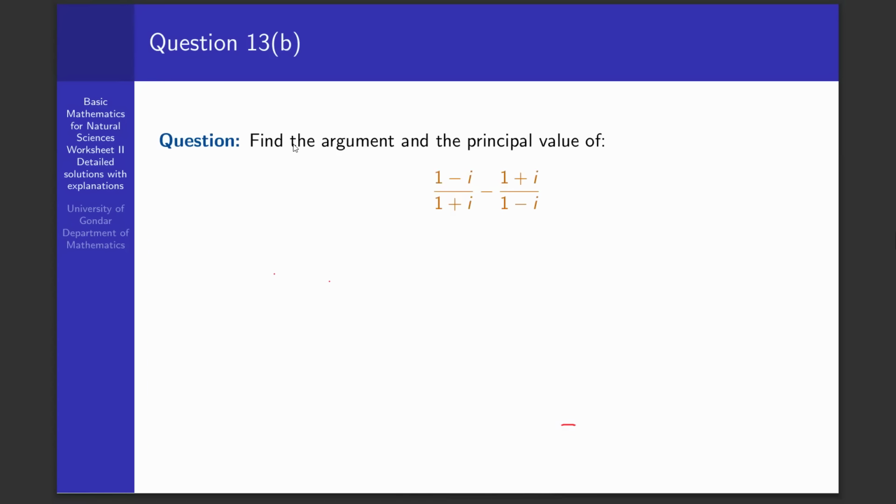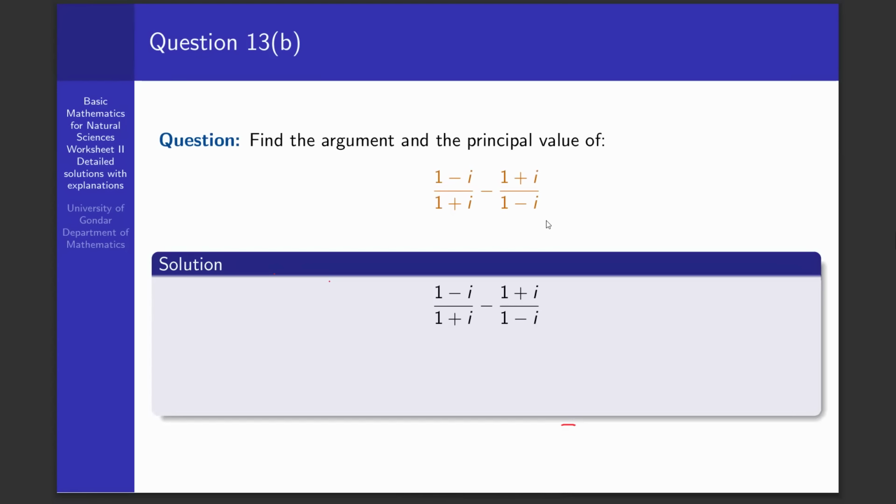And the next one, that's question number 13b. Find the argument again and the principal value of this one, that's simply this expression. As usual, let's first simplify it. So the simplified form of this thing could be minus 2. That means we have to change first individually the fractions into standard form, and when we add them together we can obtain minus 2i. So the principal value or the argument of this one could be